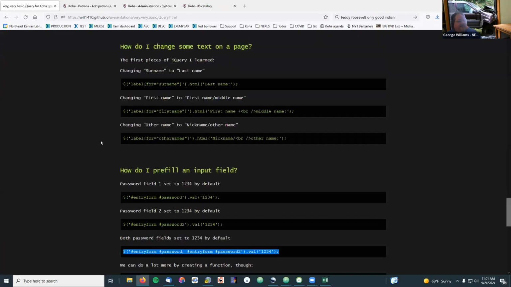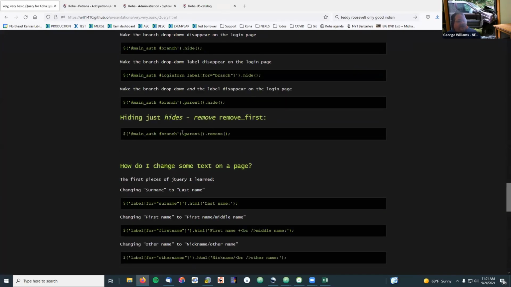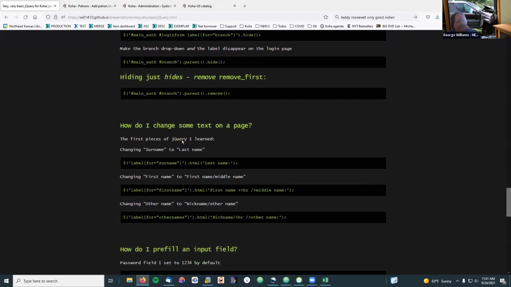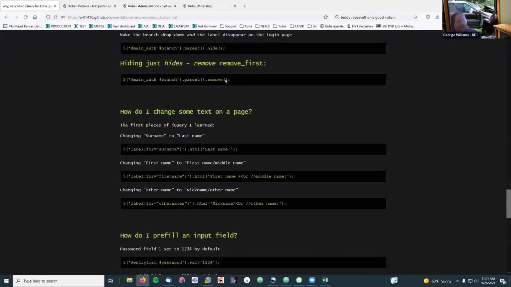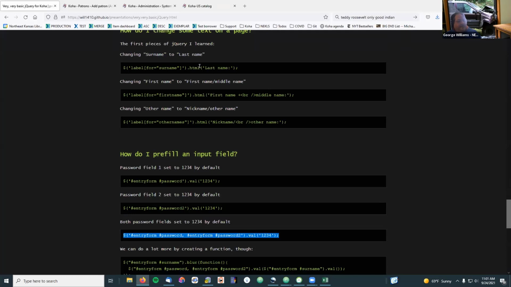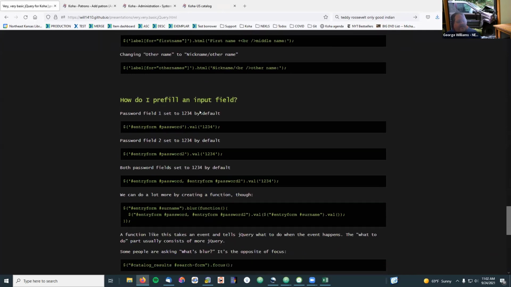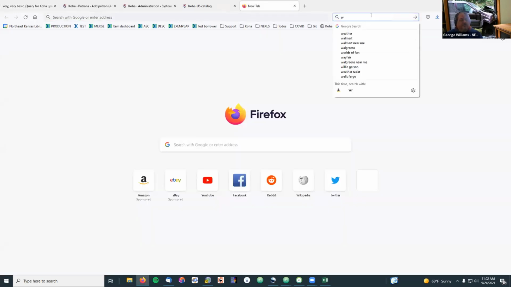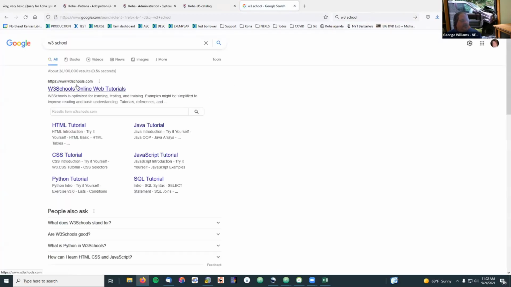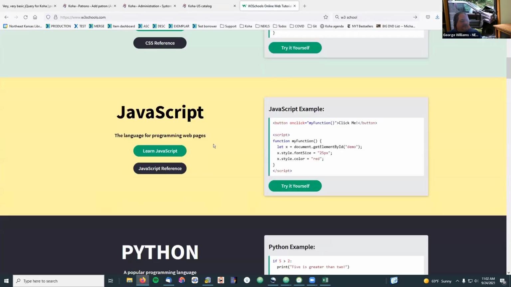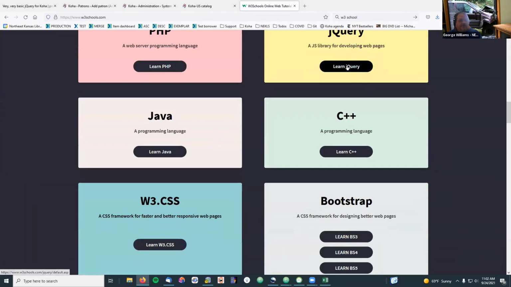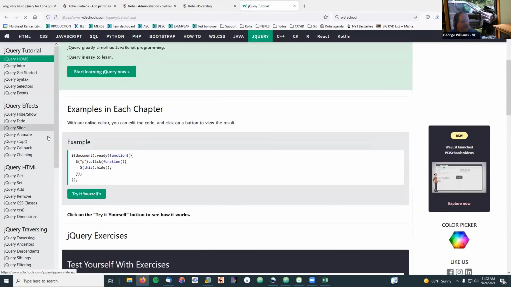And like I said, I've talked about hide. I didn't talk about remove. I kind of skipped over that, I guess. But I've talked about hide, I've talked about HTML and value. Those are all things that if we go back to the W3 tutorials site and go down and find jQuery, a list of all of those,